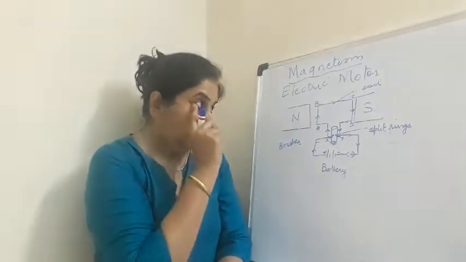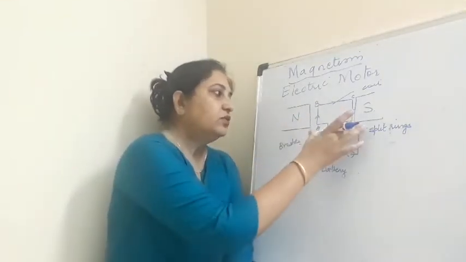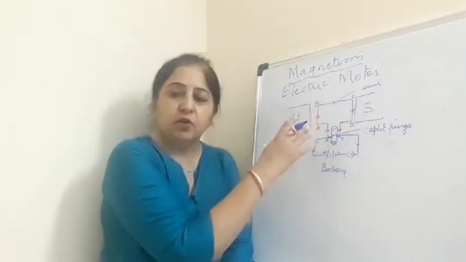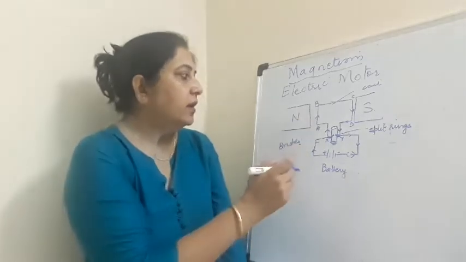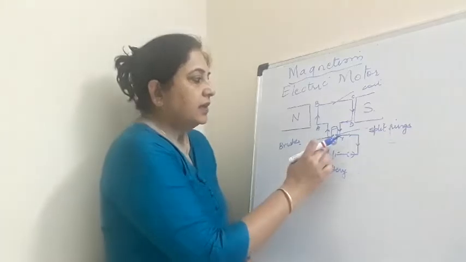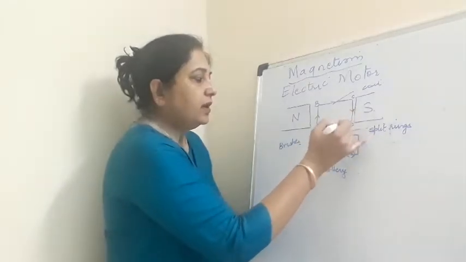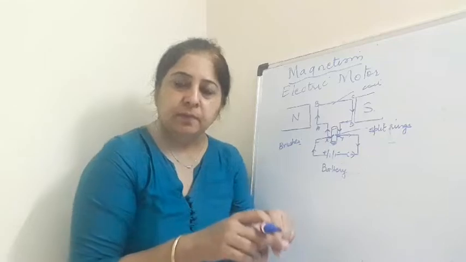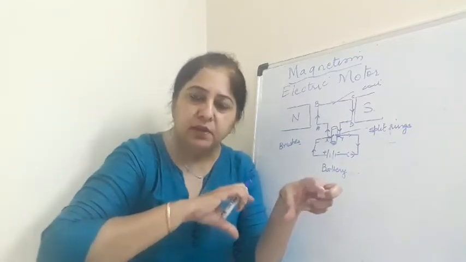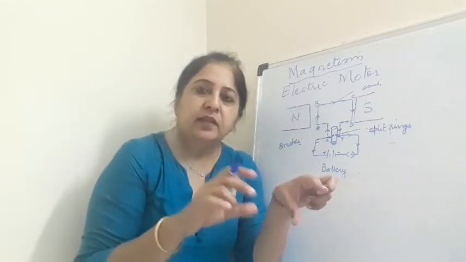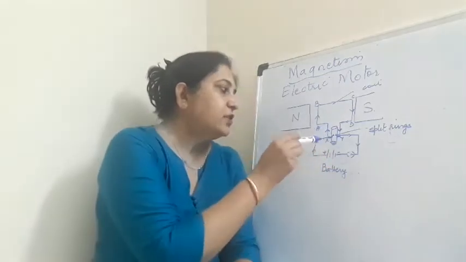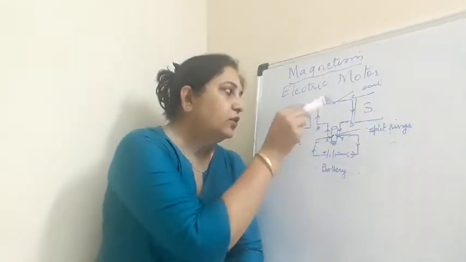Now, you know that the motor consists of two strong poles. In between the poles, we have a coil, the ABCD coil, which is a rectangular coil, right? Attached to this coil, there is an axle. The axle is shown here. Then the coil is connected to the two split rings. These two split rings are placed in such a way that the axle passes in between the split rings, and then there are two brushes named here X and Y. Why? These brushes help the current to flow from the battery to the coil.